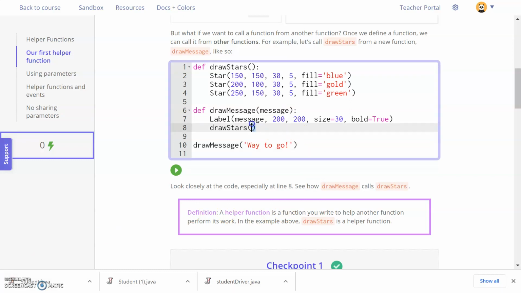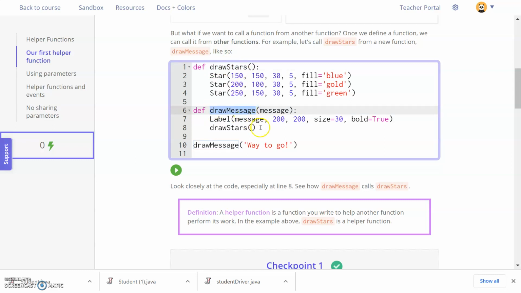First of all, I know you see 11 or 10 lines of code, but really, as far as the computer is concerned, there is only one executable line of code in this program, because all the other stuff here is just function definitions. So when you, the computer, start running this program, you'll see the word def, and you'll maybe make like a post-it note for yourself that there's a word draw stars that is not a legal command in Python, but it is a function that the user created. You'll also make a note that there's a function called draw message. So whenever you come across either one of those 2 words,